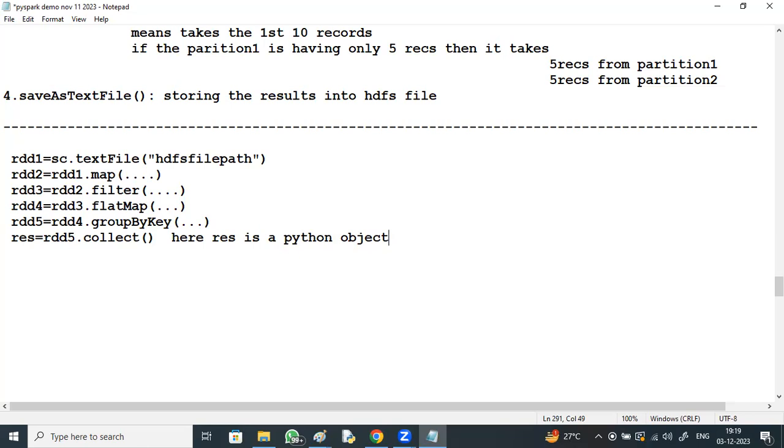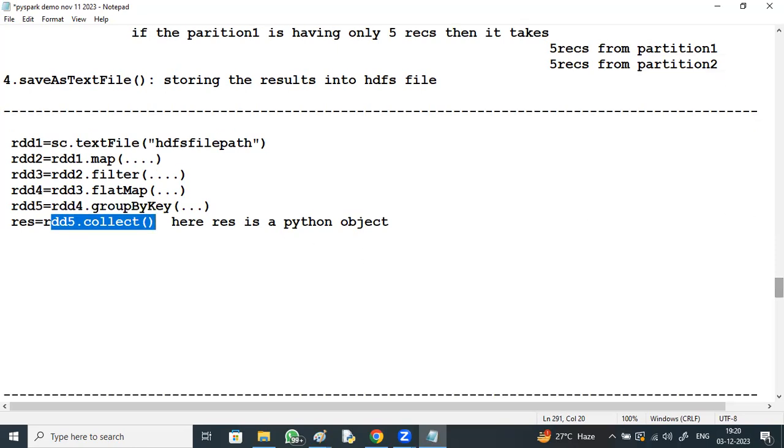Converting a local object to a Spark object. And vice versa is also possible, right? From RDD to Python object, you apply an action on it, like collect. You will get a Python object.